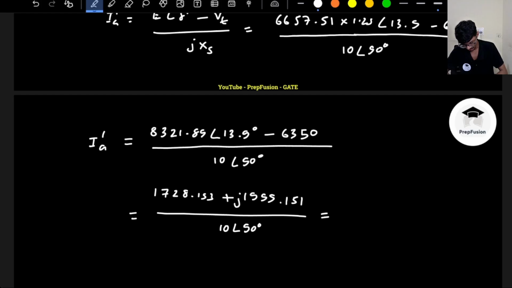One seven two eight three, 2642.56. Angle will be 1999.151 divided by 1728.153. So tan inverse of this comes out to be 49.15